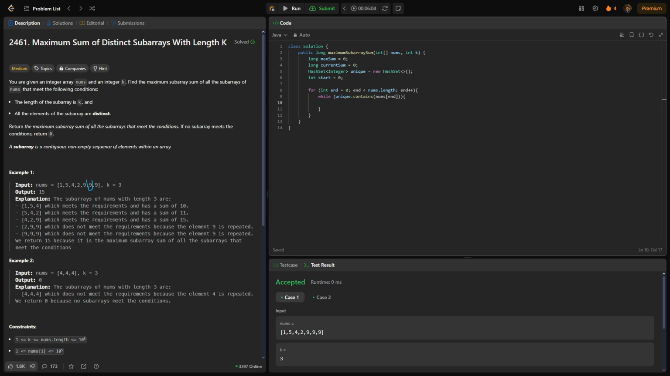Now that we have a window that's only 1 9 in length, we can expand it to the next element, and if this wasn't a 9, then it would continue on from there until we have another valid window or reach the end of our array. So we're going to have unique.remove(nums[start]),